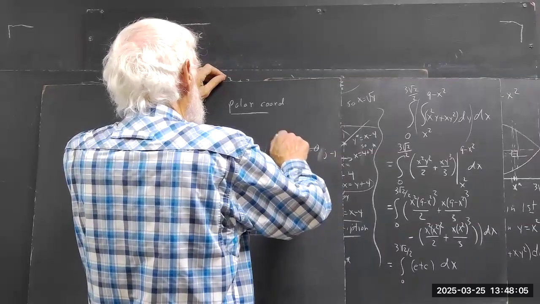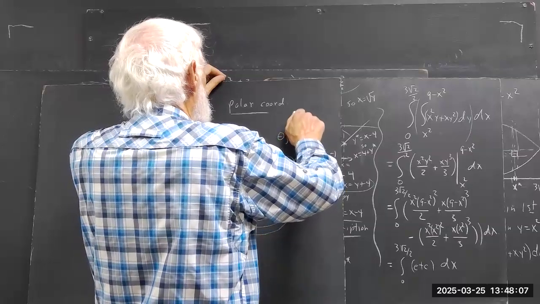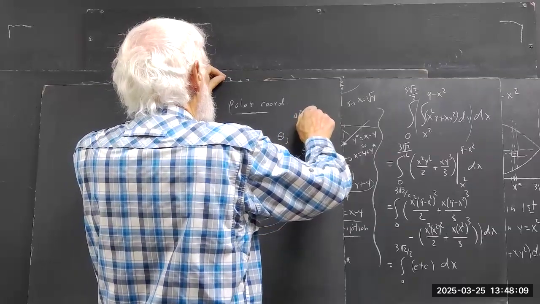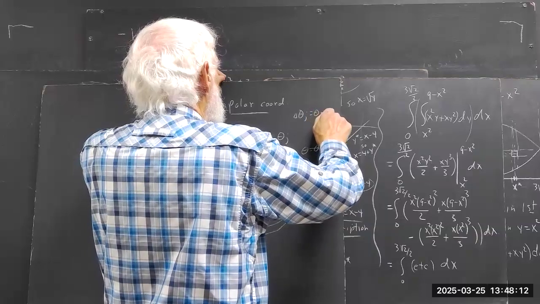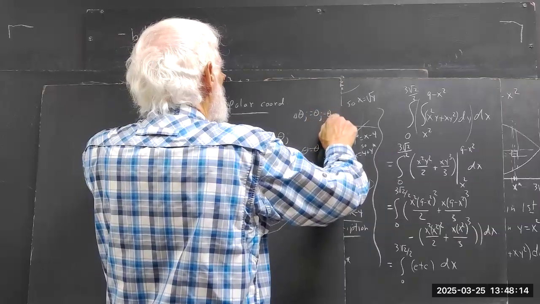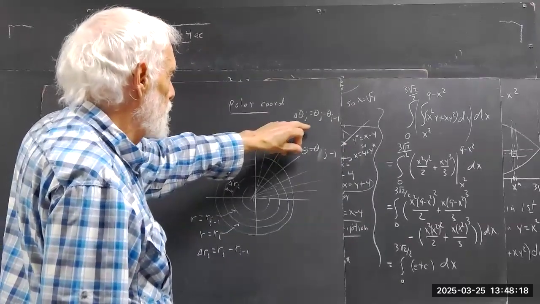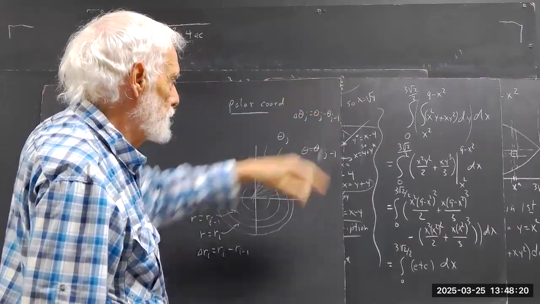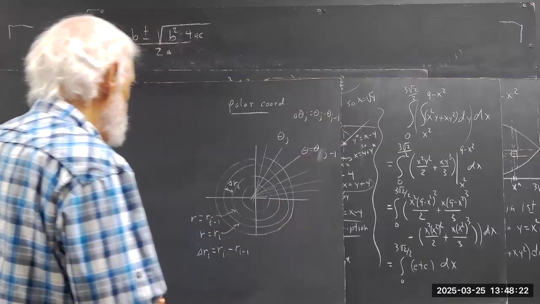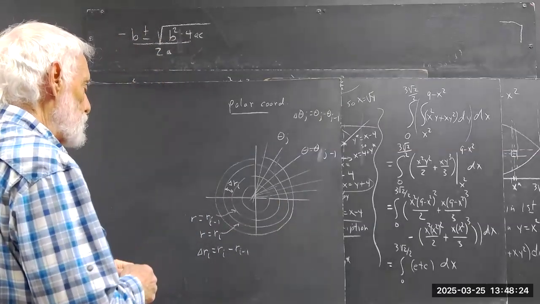Delta theta sub j minus 1, theta sub j, and delta theta sub j is theta sub j minus theta sub j minus 1. Okay, now, my region